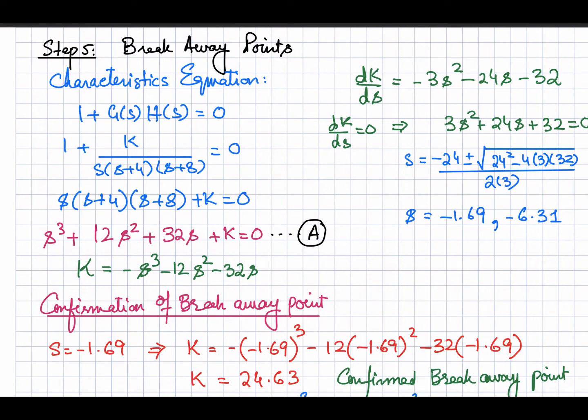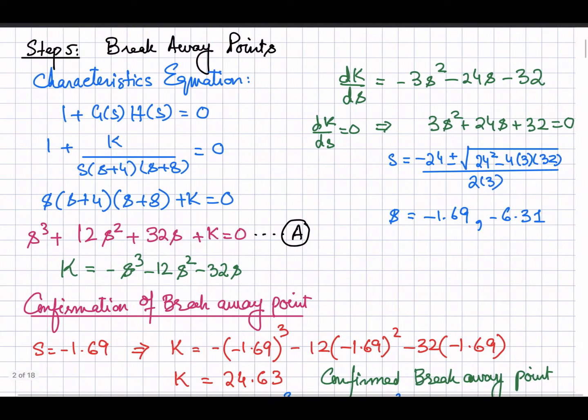So from this characteristic equation we are going to find the expression for K, which is the gain, which will be varied, and when this gain K is varied, the position of the closed loop poles in the s plane will change, right? So taking the expression for K and then finding the derivative of this expression with respect to s, that will be given by this expression. Setting this derivative equal to 0, we will get this equation.